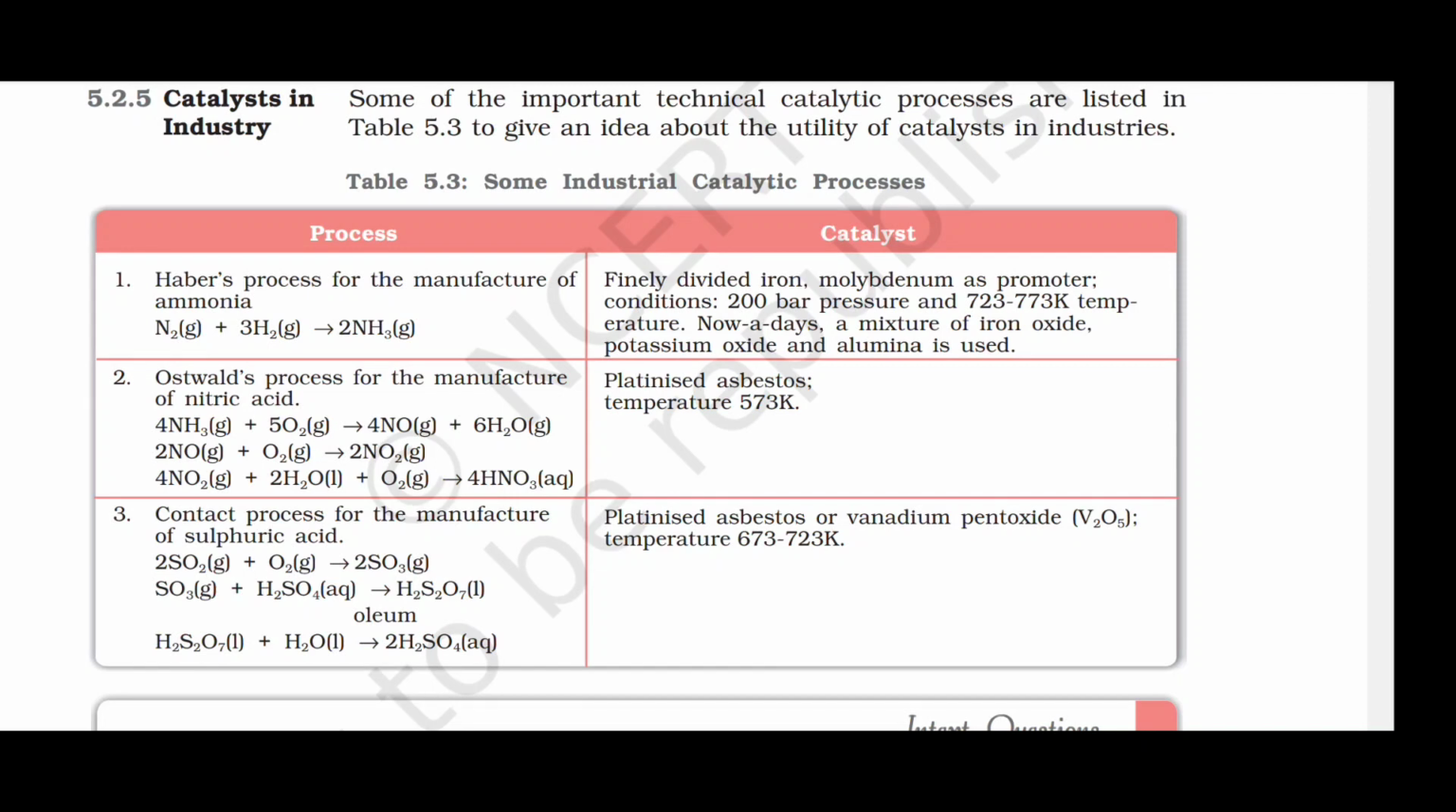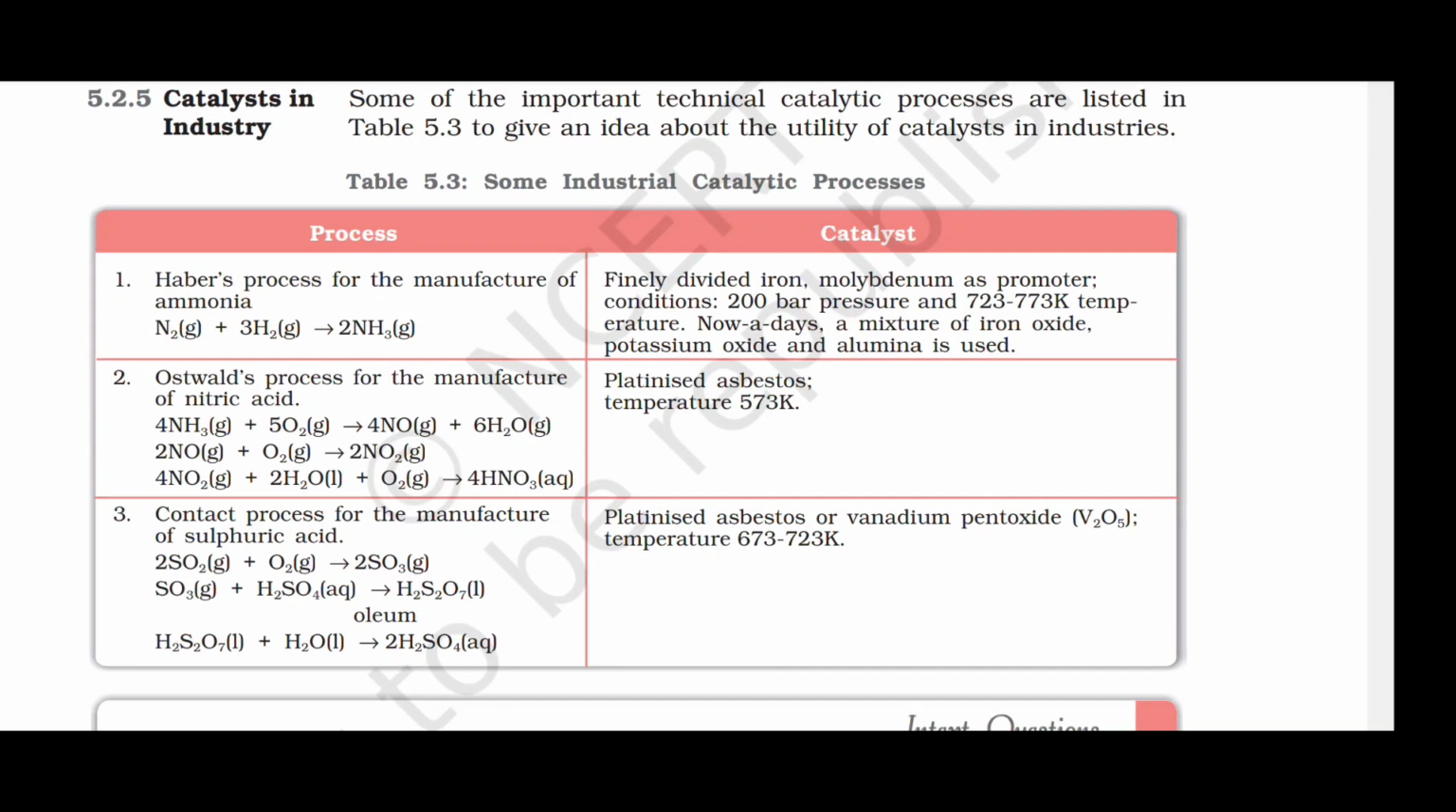फिर प्रोसेस ओसवाल्ड्स प्रोसेस फॉर मैन्युफैक्चर ऑफ नाइट्रिक एसिड. तो नाइट्रिक एसिड कैसे बना सकते हो, दैट इज HNO3. ओसवाल्ड प्रोसेस के स्टेप्स है. अमोनिया लो, उसे नाइट्रिक ऑक्साइड बनाओ, नाइट्रिक ऑक्साइड लो, उसे नाइट्रोजन डाइऑक्साइड बनाओ, नाइट्रोजन डाइऑक्साइड लो, पानी से मिलाओ, ऑक्सीजन से मिलाओ और नाइट्रिक एसिड बन गया। कैटलिस्ट कौन सा यूज होता है? प्लैटिनाइज्ड एस्बेस्टोस।